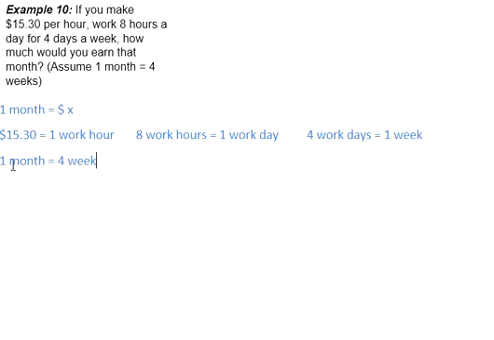Okay, so this is the month that's going to compare with this. So I only want to know the amount that I'm going to get for what I worked during that month. Okay, so looking again, we don't have a direct comparison between dollars and months. So we're going to actually have several intermediaries. So I can't go from month to dollar, but I can go from,